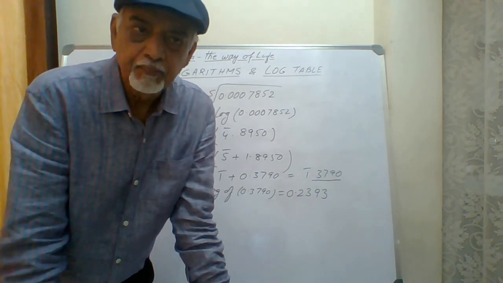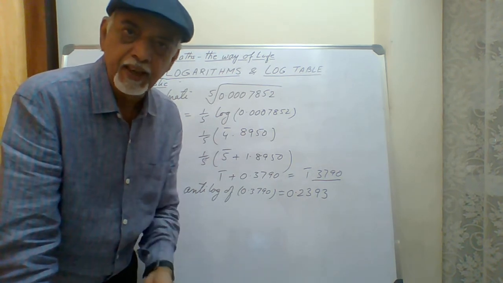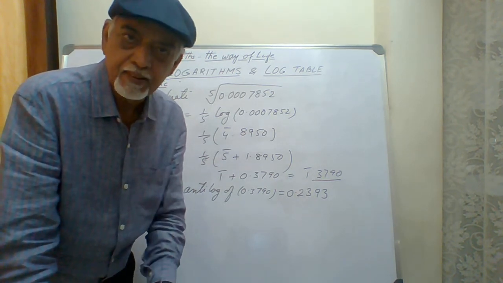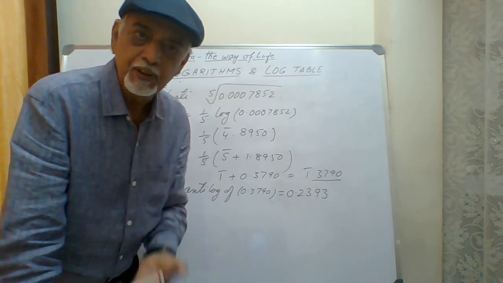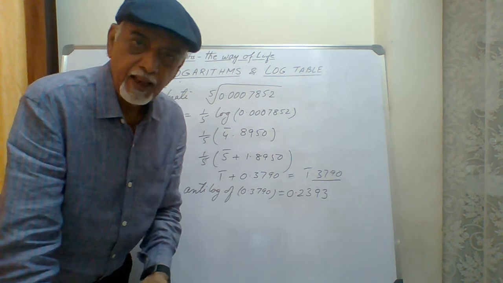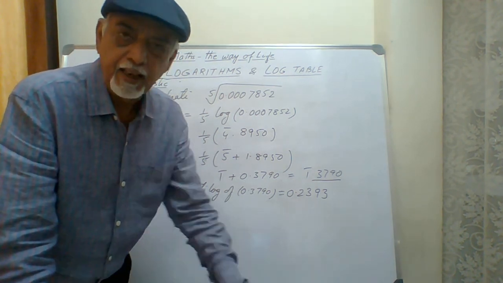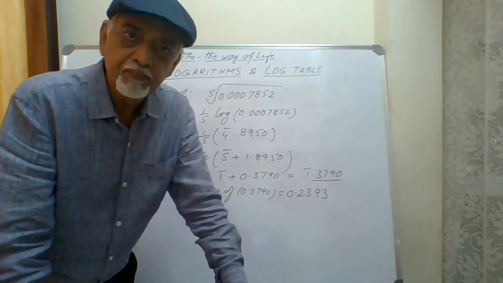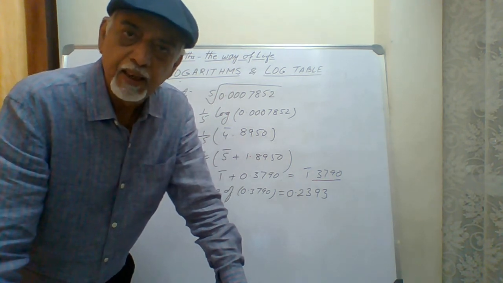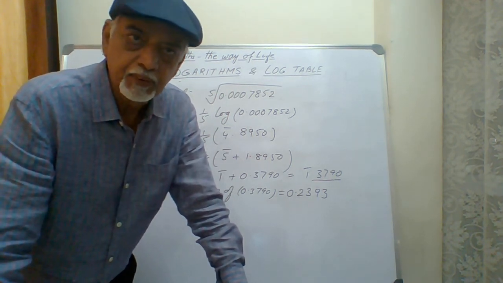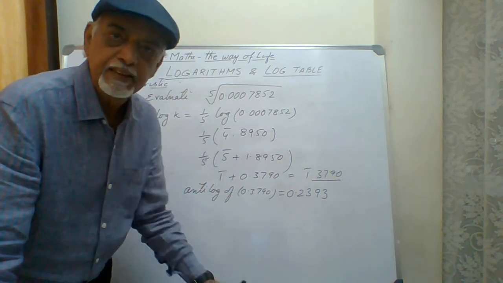Because after the log table we will discuss the slide rule, which is obsolete nowadays. We used the slide rule for multiplication, division, finding log values, exponential calculations, and trigonometrical values like sine, cos, tan, everything needed for engineering calculation. You get it from the slide rule. That we'll discuss in one of the subsequent classes, where the knowledge of the log table is also a basic factor.